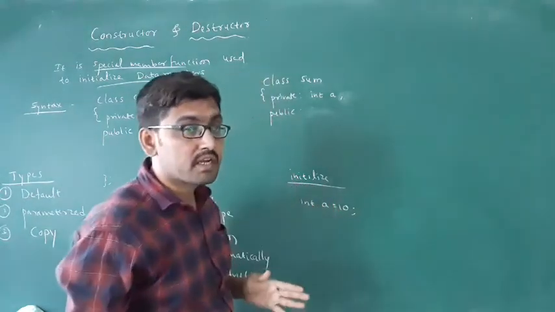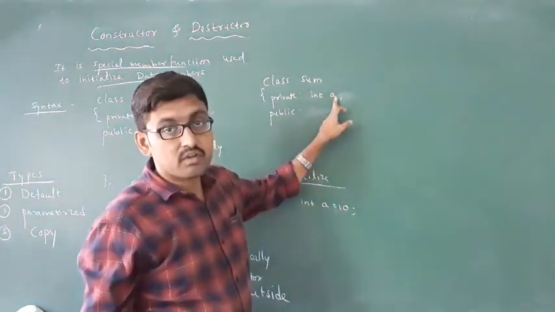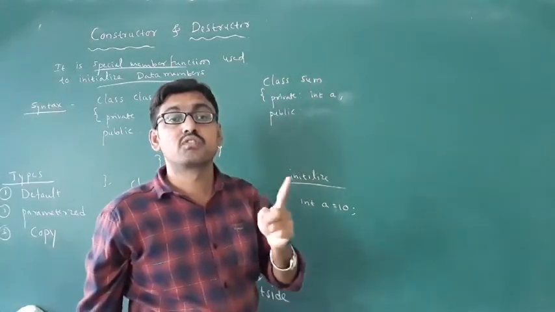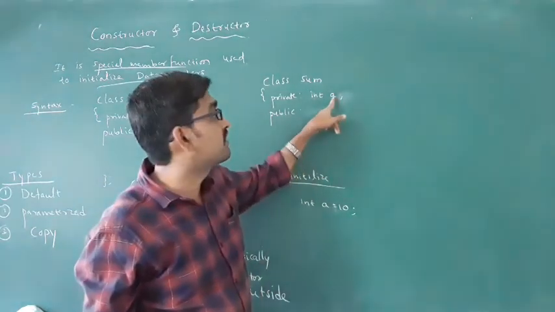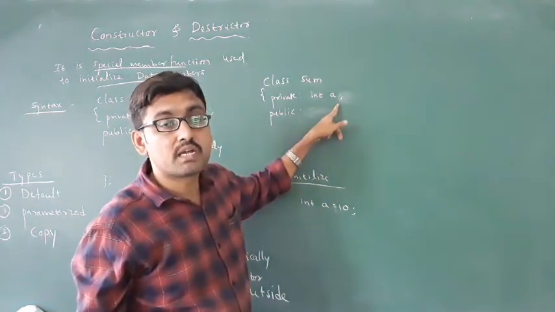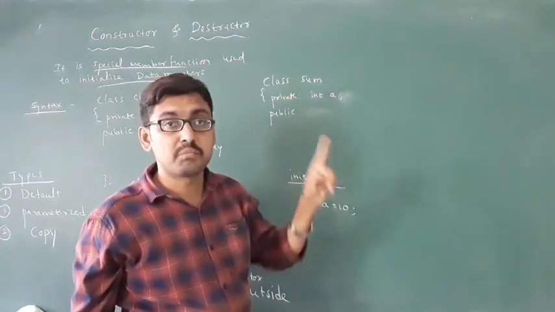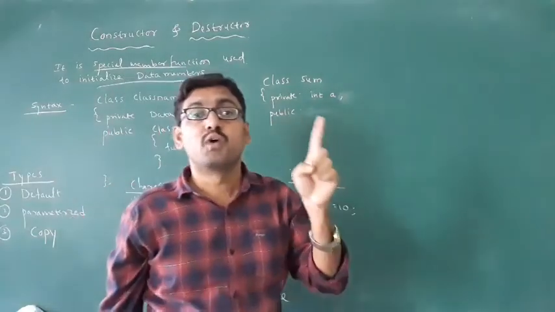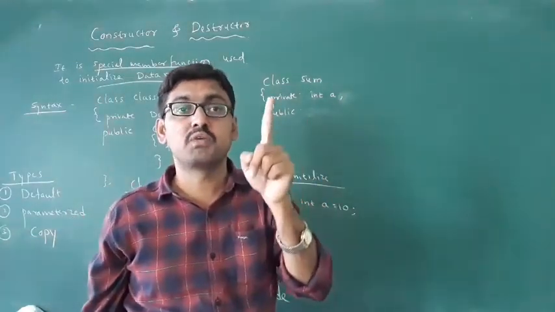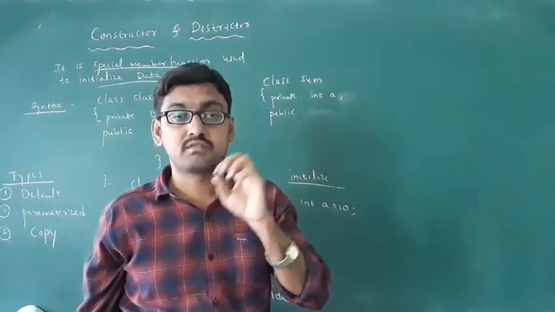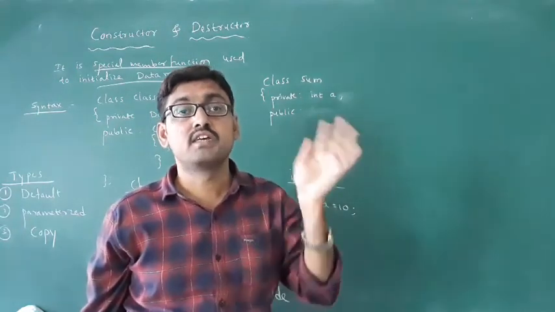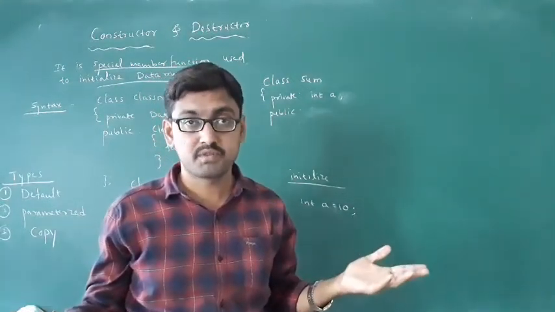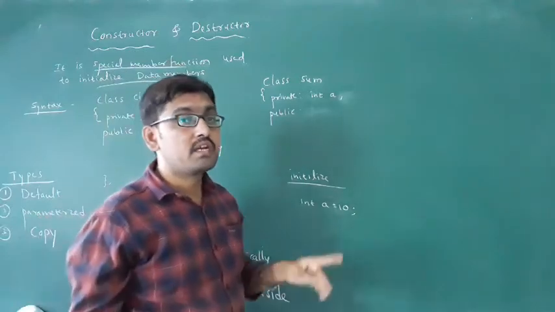If you write data members in the private section, you get errors in the program. To avoid this drawback, you have to use a constructor to initialize data members. To initialize a data member, here a is a data member. If you want to give it a value, you must use a constructor and then initialize the value to that variable. Data members are nothing but variables. Got it? Giving a value to the variable is not possible